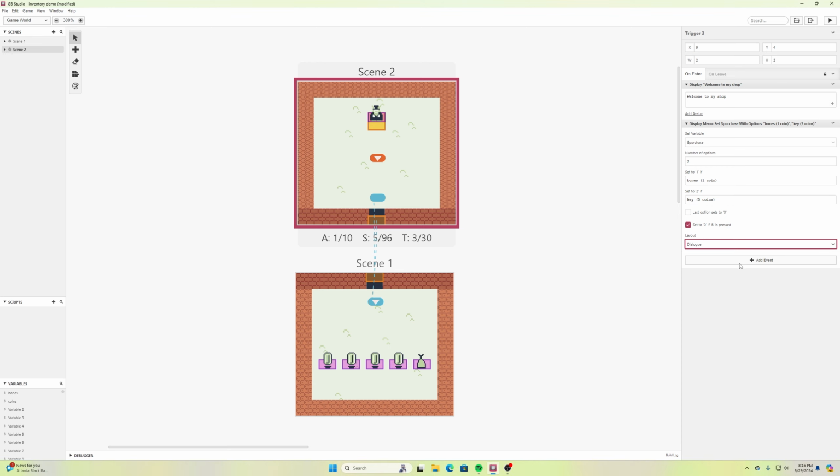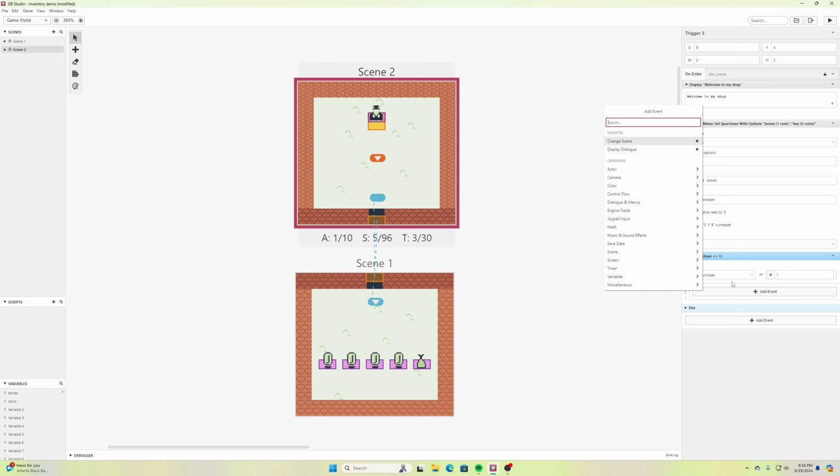Then underneath that, we can add an event, and we will compare variable with value. And we'll say if purchase is equal to, and it's set to 1, if it's this one. So we will say if purchase is equal to 1,